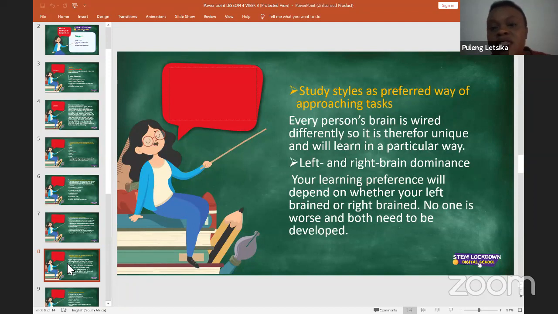What we're going to do is left and right brain dominance. You will need to know whether you're left brained or right brained, and that will help you to know how you can better your study methods, and where else you can improve.